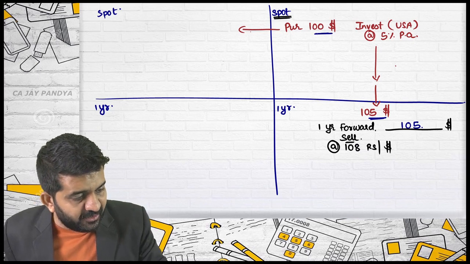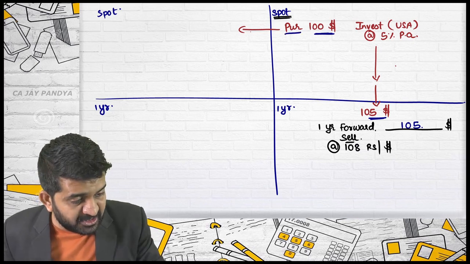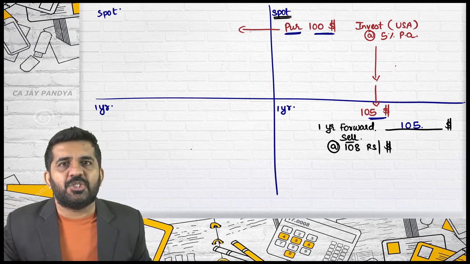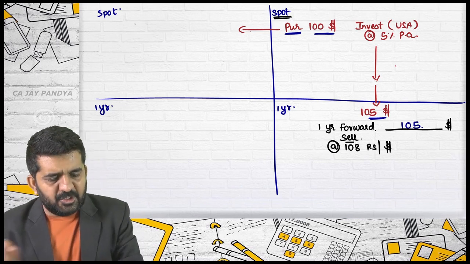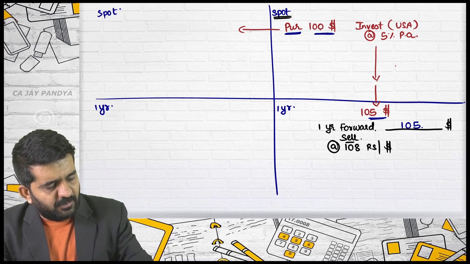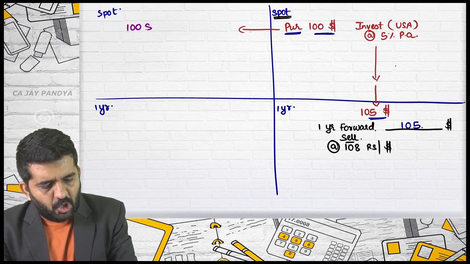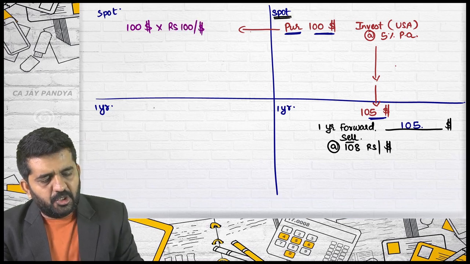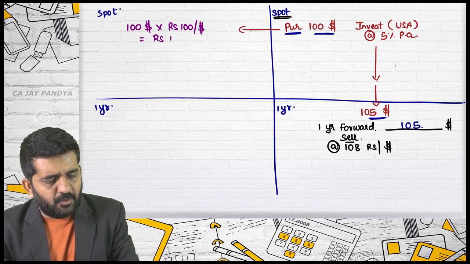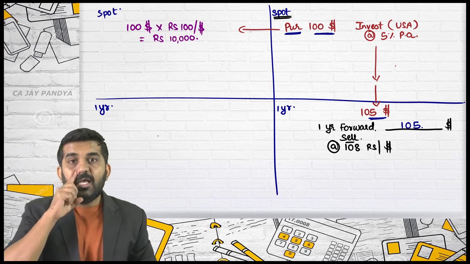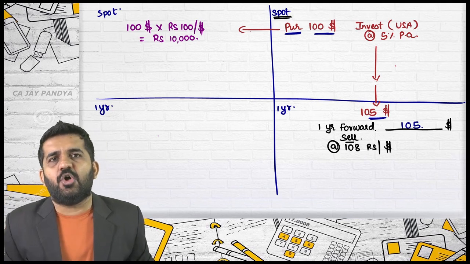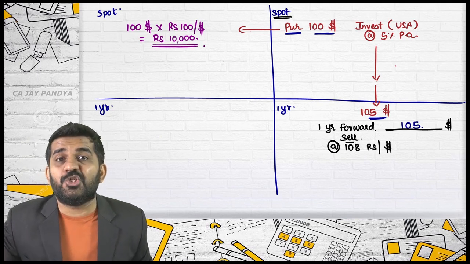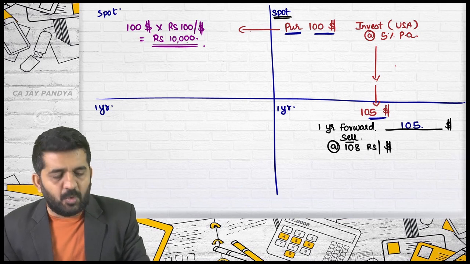But you need $100 today for that. You have purchased $100. You are in India, so you cannot directly purchase dollar. You will have to give rupees for it. How many rupees will be required for the same? As it is a spot rate, what is the spot rate? Rupees 100 per dollar. So what will be the rupees required? Rupees 10,000. I have explained before also, in an arbitrage opportunity, you do not invest your own money. Whenever something is required, you borrow it.